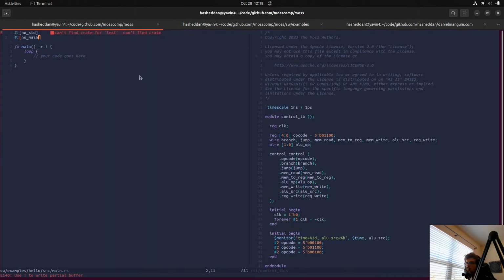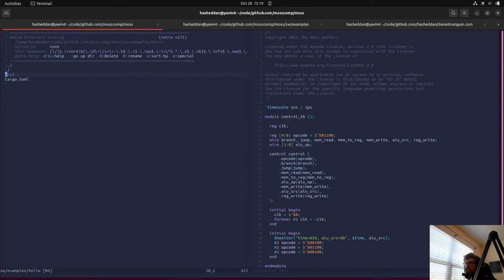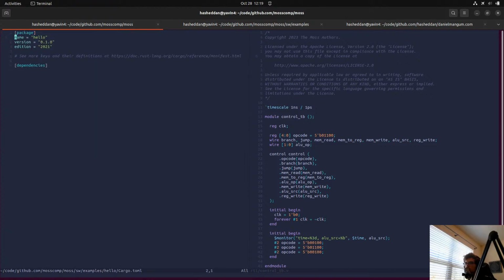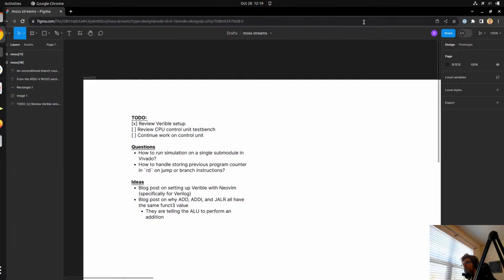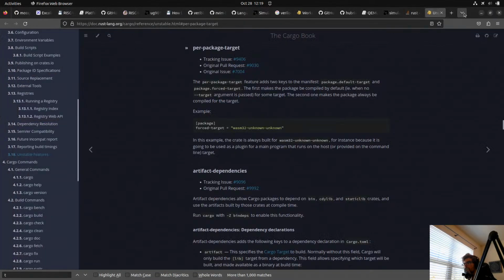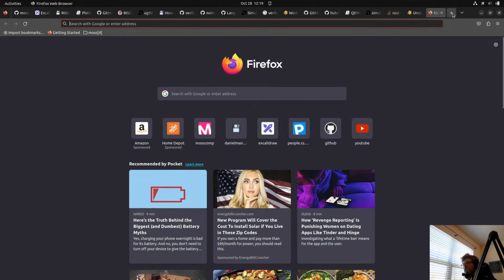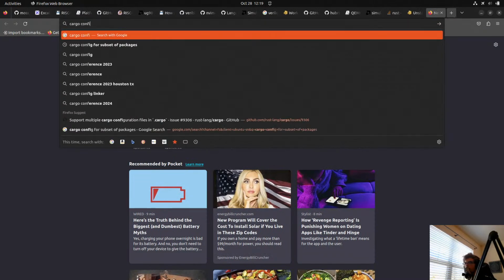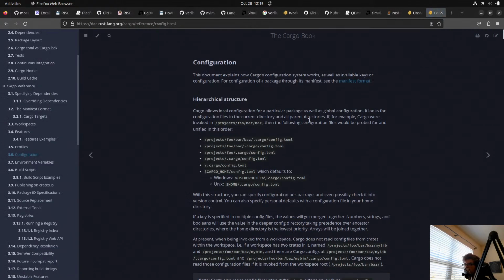Let's look at the cargo.toml here. Cargo config. Oh, okay.